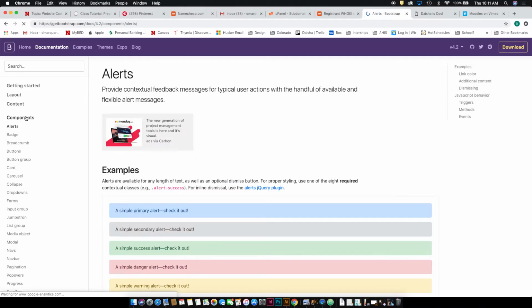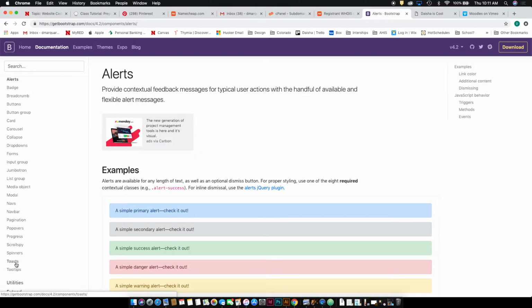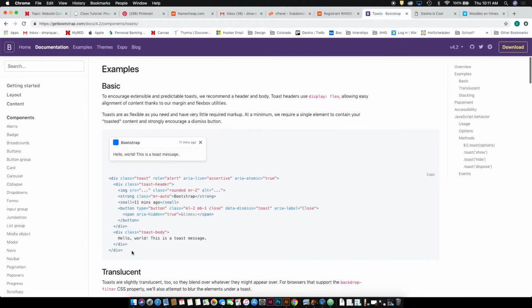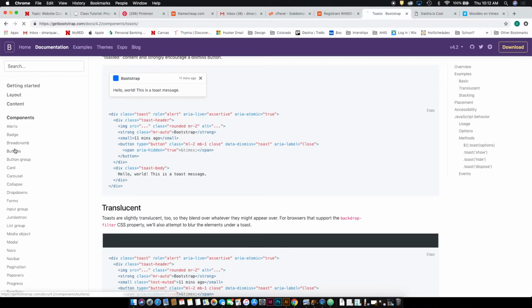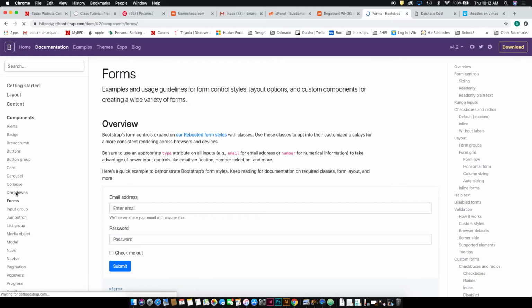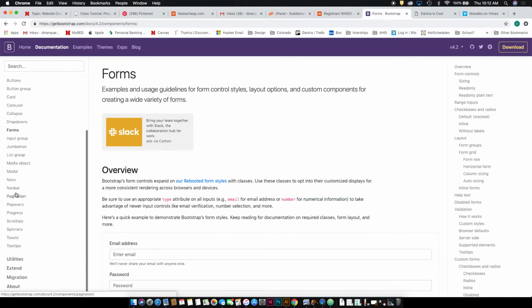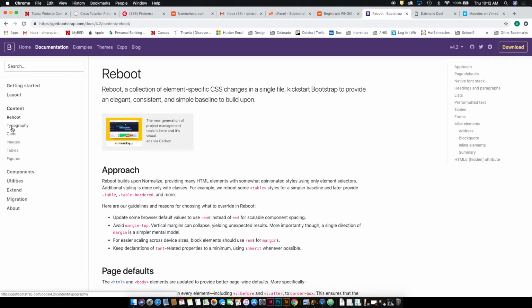Flex, components. Flip through this before you get too deep into it, because look at all the crazy stuff it can do. It can do little toast things, pop-ups, buttons, breadcrumbs, badges, forms, drop-downs, navs, modals, whatever you want. So it's super powerful. It's a little clunky, but